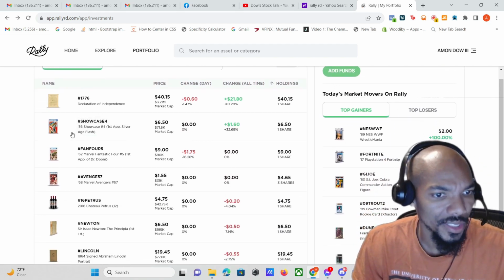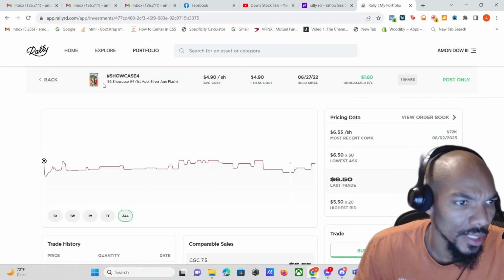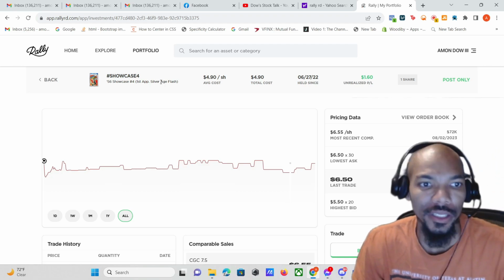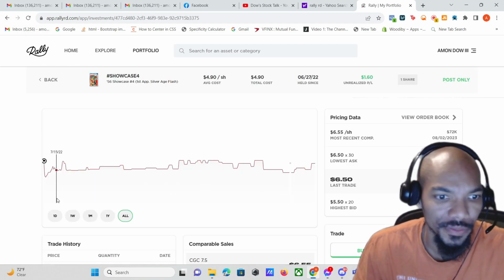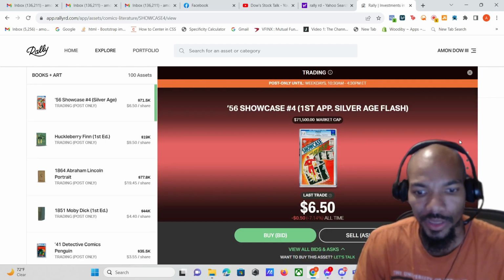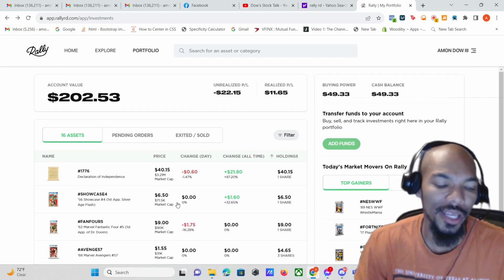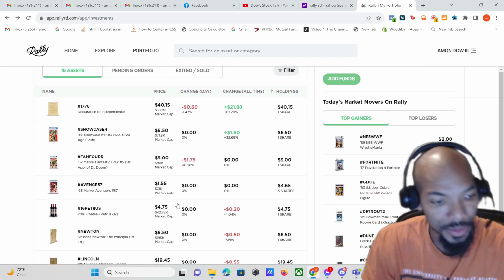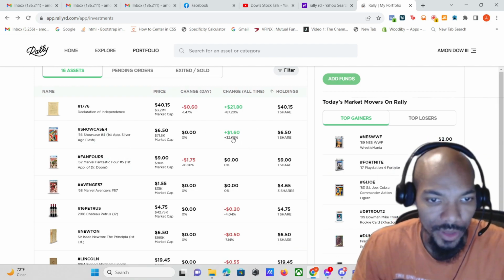So the next one, I'll just go by the ones I've actually seen. The next one looks like a comic. Let me click on this so you guys can see. Go back a little bit. So this was the particular comic. Now I'm not really big on collectibles. Most of the time I just pick things if I think it's particularly cool or just to test it out. But as far as the comic, that one's up